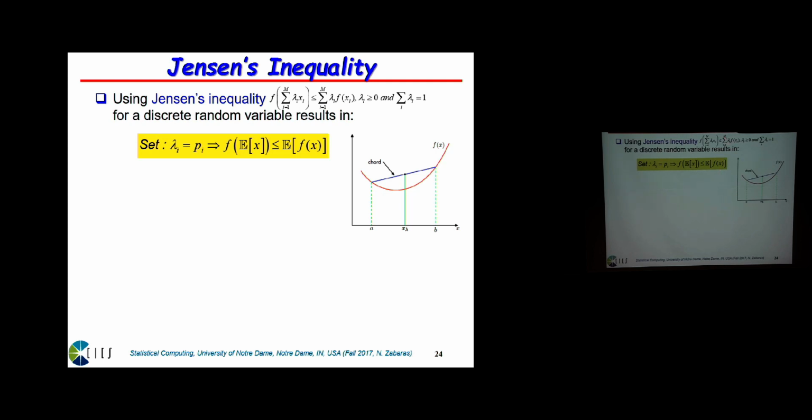So this right-hand side becomes the expectation of f of x, and on the left you have f of the expectation of x. So this is a wonderful inequality, and it's valid only when f is convex, okay? You won't be able to use it otherwise. Now, if f is not convex, but it's concave, can you use this in some sort of way? What can you do with this inequality?